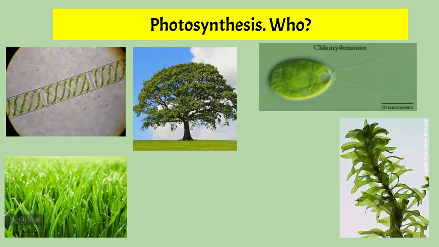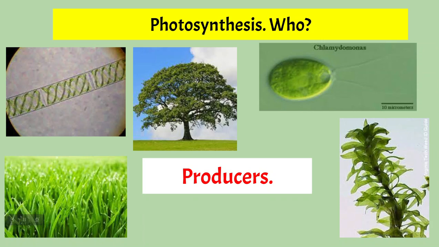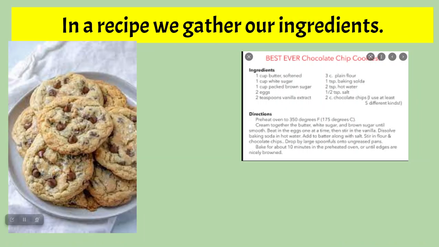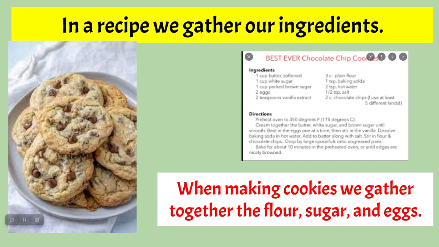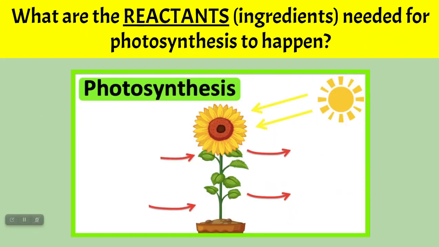All right, so just a quick reminder, all of these green items have not only their color in common, but they are all producers. So they can all perform photosynthesis. All right, remember in a recipe, we gather all of our ingredients and we need the exact amounts in order for the recipe to come out right. So making cookies, we might have flour and sugar and eggs, and we mix them together in an oven and make cookies. The reactants, so that's the technical term for ingredients when we're talking about